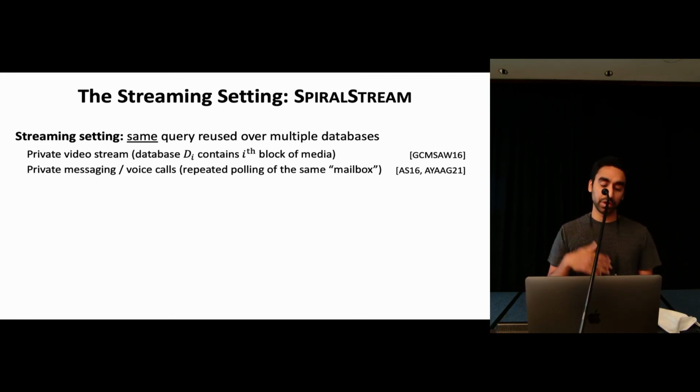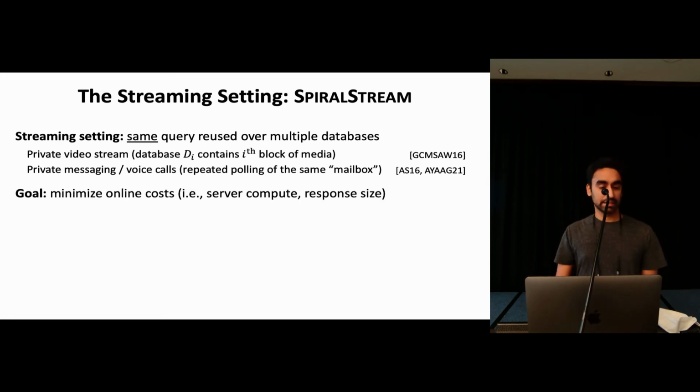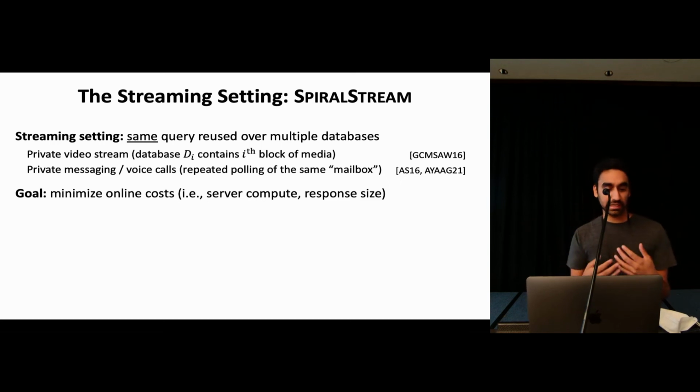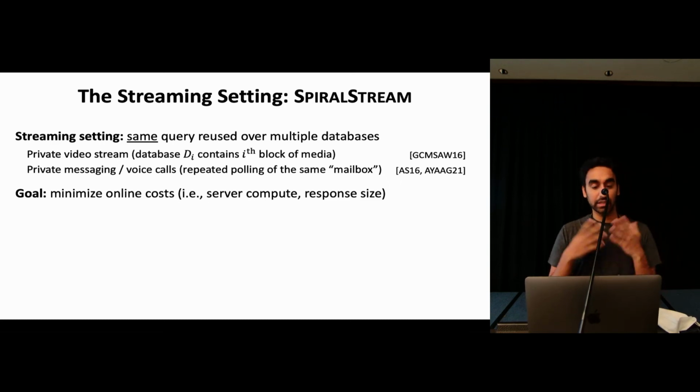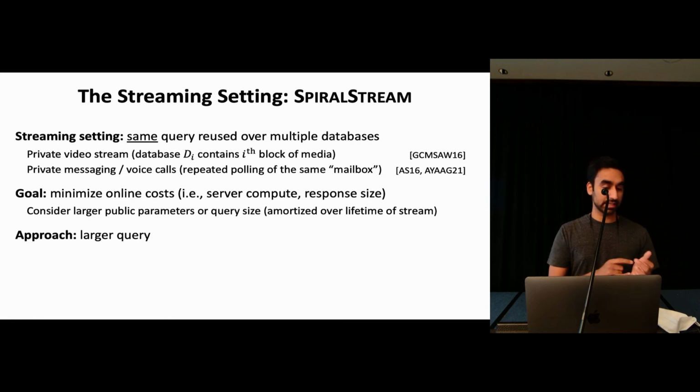So here you are repeatedly polling the same mailbox, and so the streaming setting applies. In this setting, we only want to minimize the online costs. We only need to minimize the response overhead and the server compute time. And in return, we can consider larger public parameters or query size because these are amortized over the entire lifetime